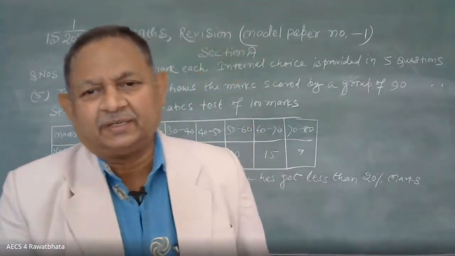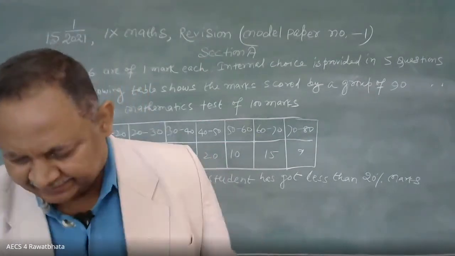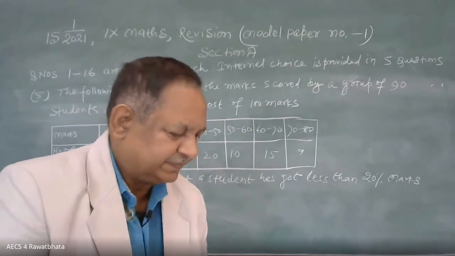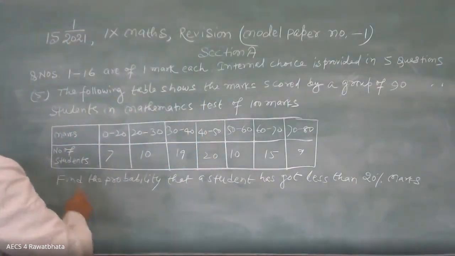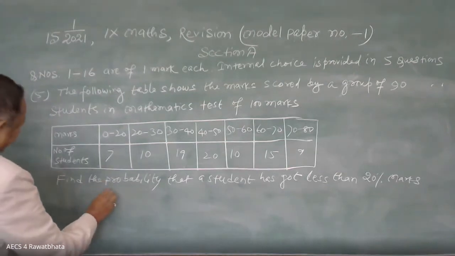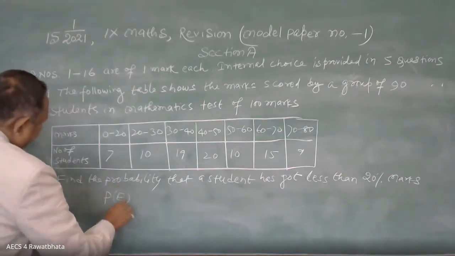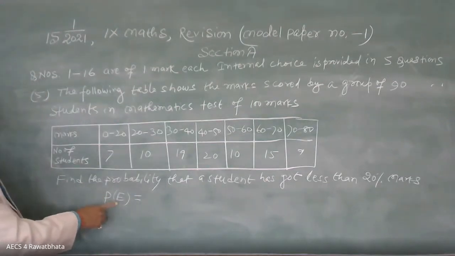Then what is your answer? 7 by 90. Okay. So P, probability. Probability you can write simply PE. Probability of an event